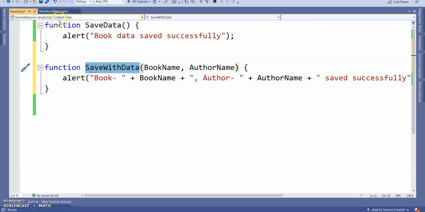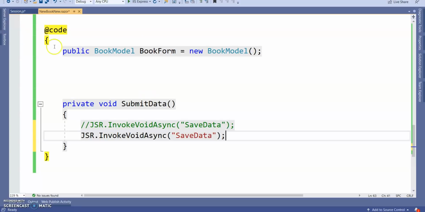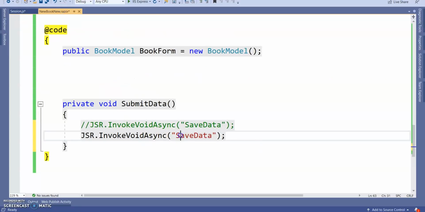Next, call this JavaScript function inside our submit data. So here I am calling it directly, without any bracket, with the function name.